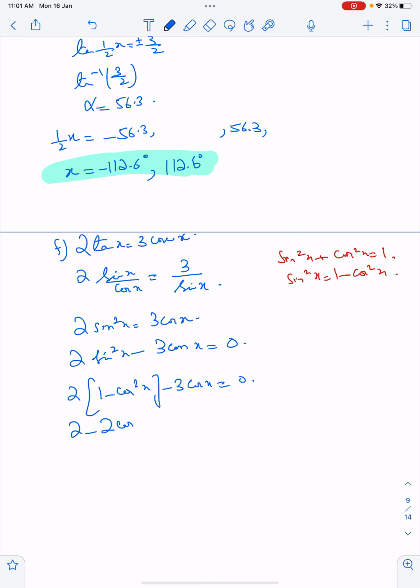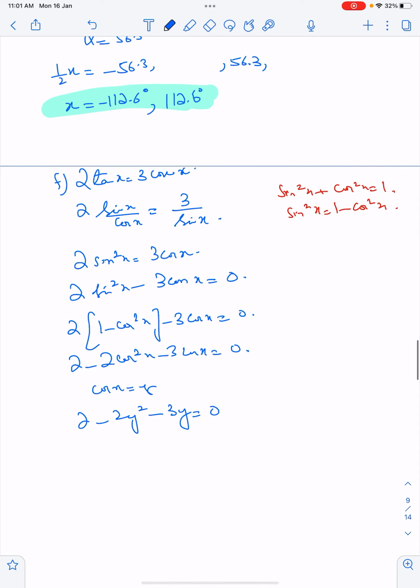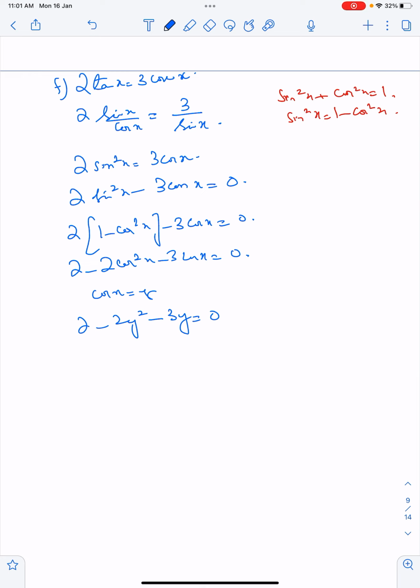2 minus 2 cos square x minus 3 cos x equals 0. Shifting all the terms, I am taking cos x to be y. So 2 minus 2y square minus 3y equals 0. Shifting all the terms and making y square positive, it will be 2y square plus 3y minus 2